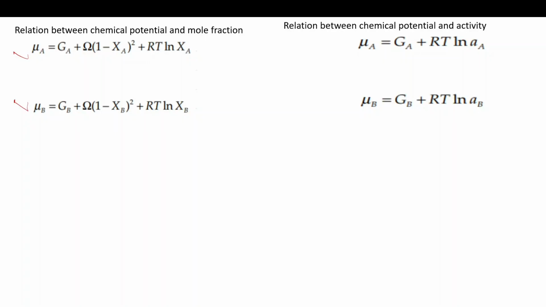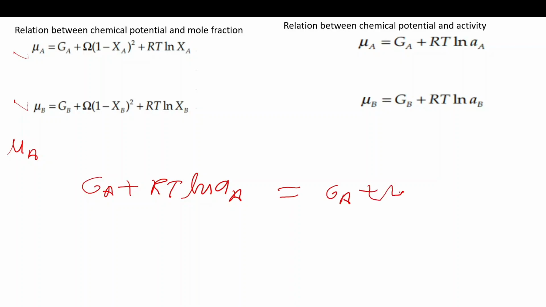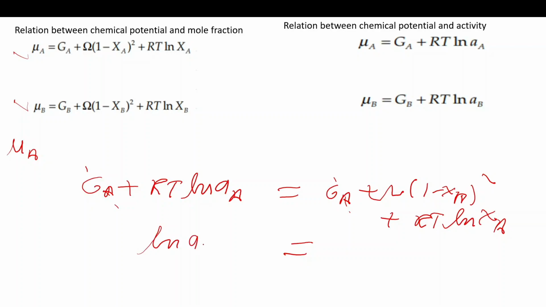Similarly, we have the relationship between chemical potential and activity, given by mu i equal to G i plus RT ln a i, where a i is the activity of that element. Now if we compare these equations, I will solve for mu A. Comparing mu A in both equations, we get G A plus RT ln a A equal to G A plus omega times (1 minus XA) square plus RT ln XA, where XA is the mole fraction of A. Now G A gets cancelled, and if I rearrange the ln terms together,